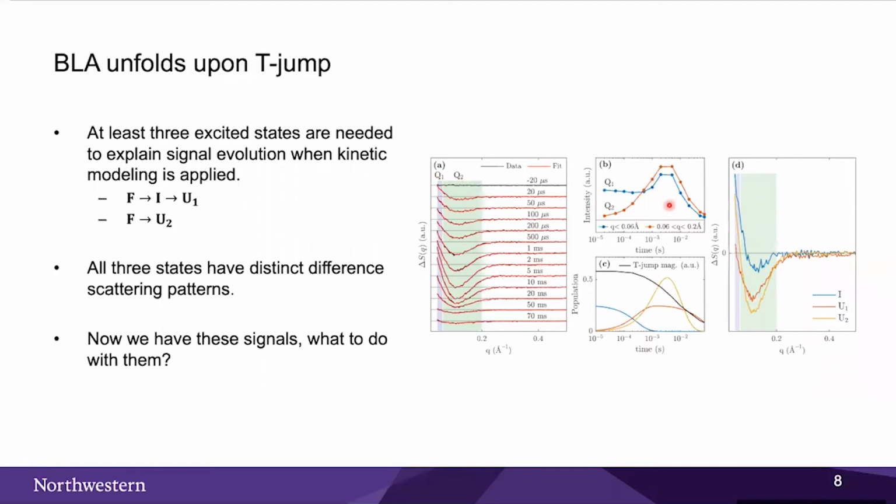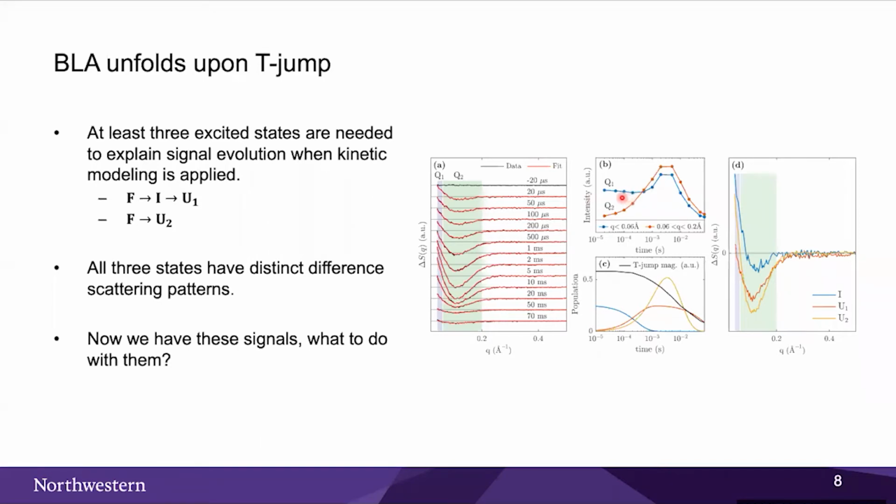So if you think about that, if you only have one state or one intermediate state and they grow and decay in a concerted fashion, no matter what range you choose, you will always get the same kinetics. But here we're clearly seeing that there are distinct kinetics, which means that there are intermediates, and indeed there are 3 based on the SVD analysis.